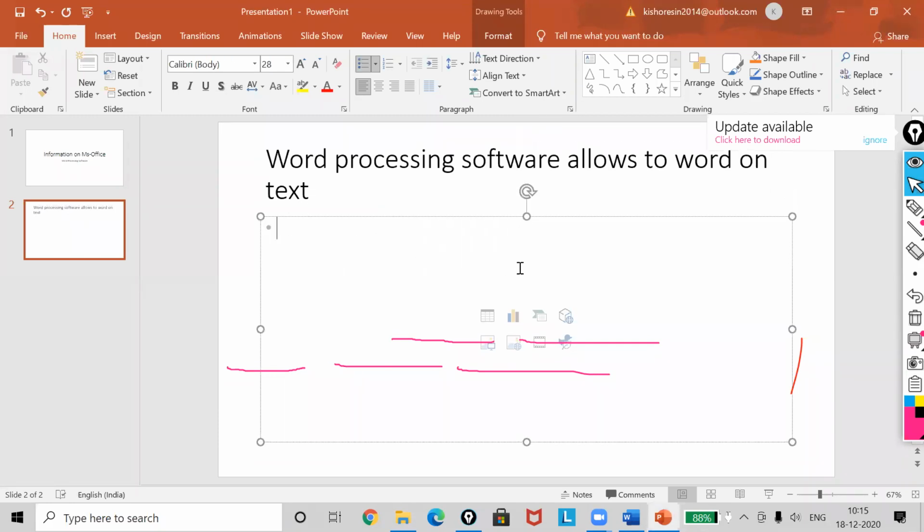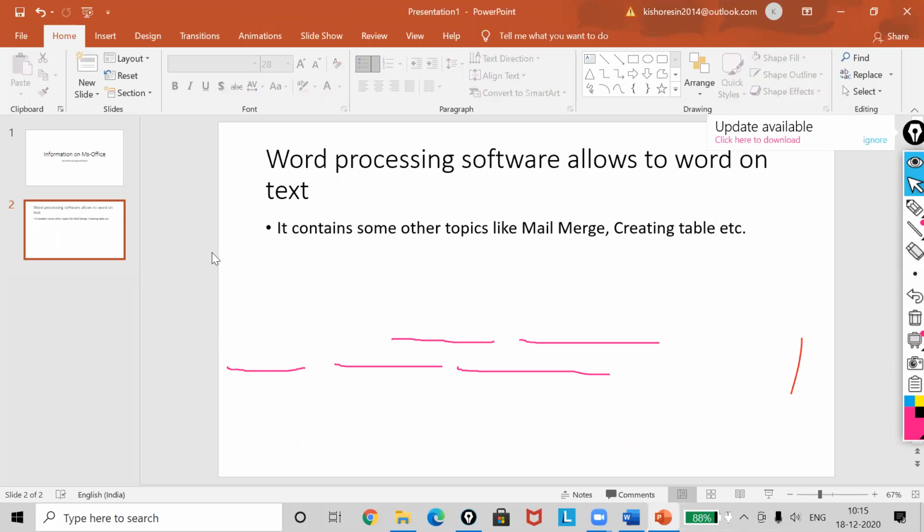Now here I am going to write, it contains some other topics like mail merge, creating table, etc. Okay, now two slides I have made.